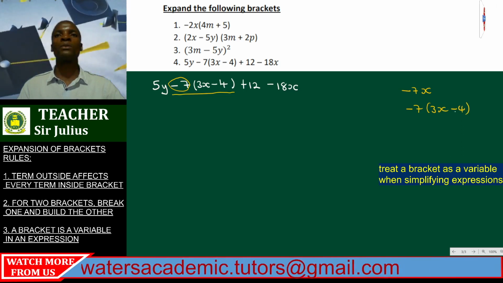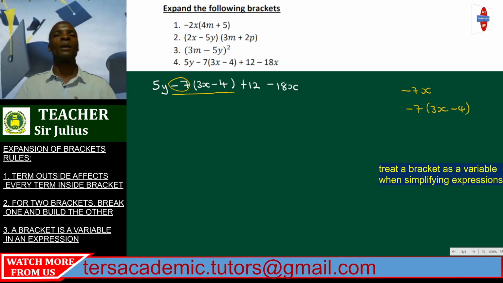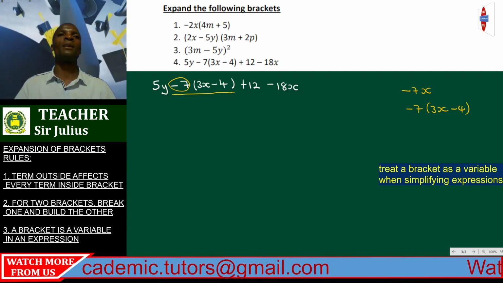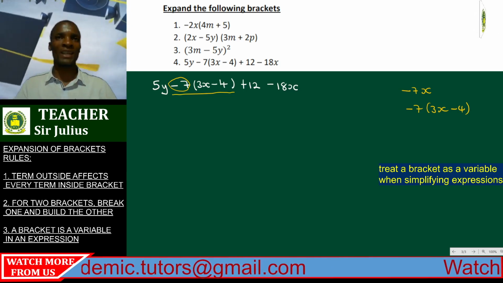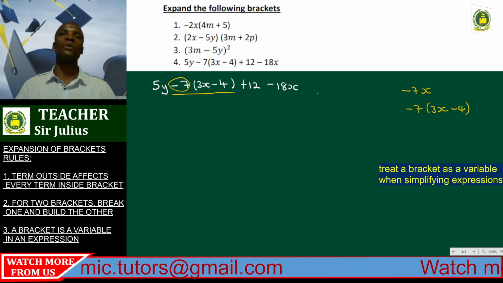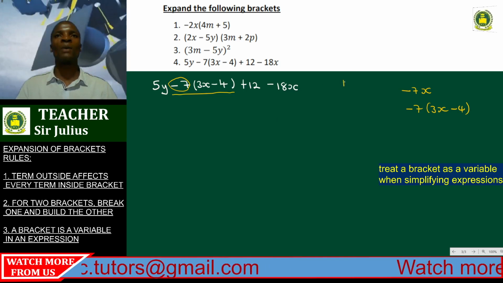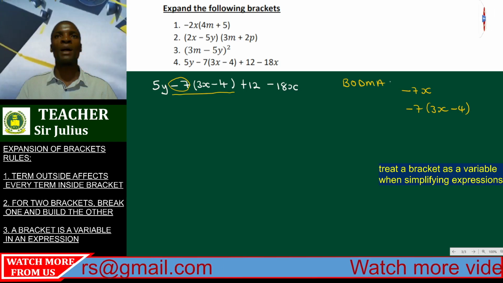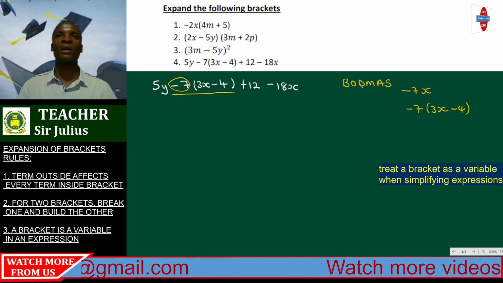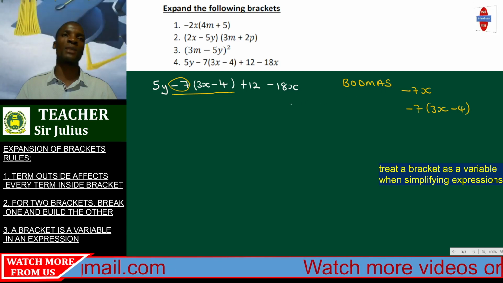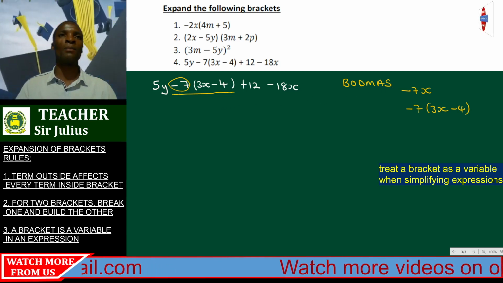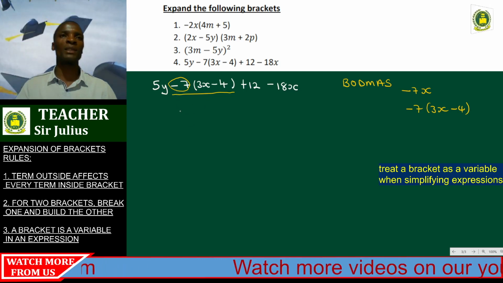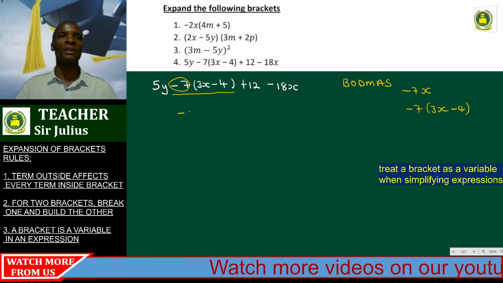So what I want you guys to understand is that in a question like this, it is important to simplify the variable or the bracket itself first before you do anything. In other words, we are going to apply the law of BODMAS. We say that we simplify brackets, then we do division, multiplication, addition, and subtraction. So let us quickly bring down the answer to our bracket. If we expand this bracket, we will have negative